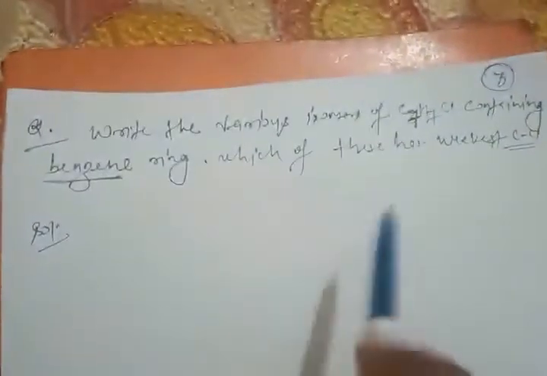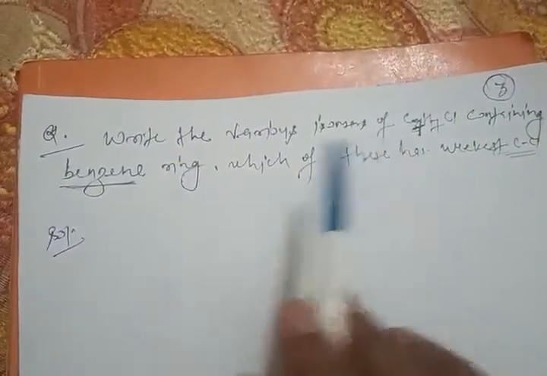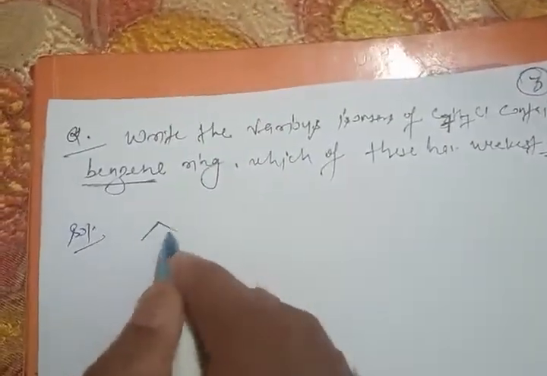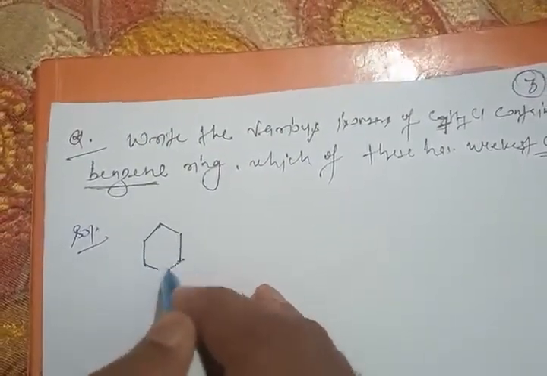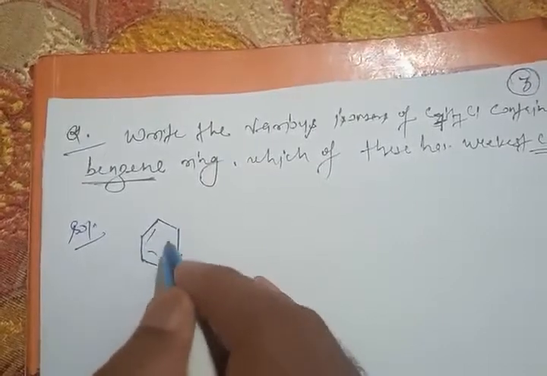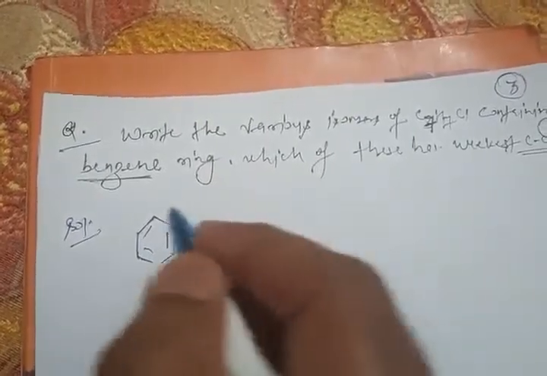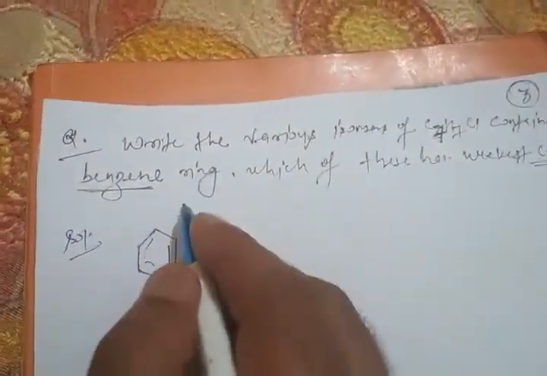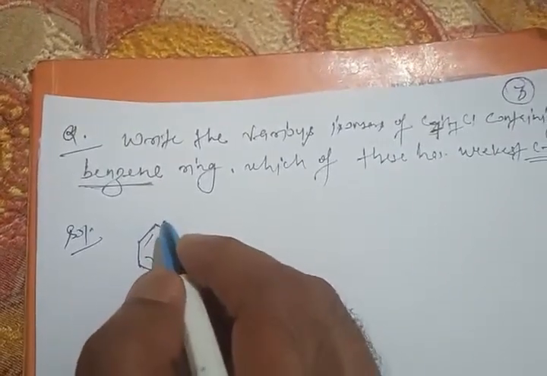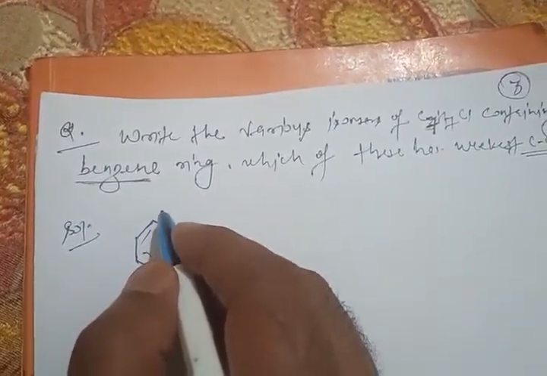Thank you so much. So this was the question which I have asked in lecture number 11. Let's start the solution. As you can see that C7H7Cl and one benzene ring is there, so there is no need to go for any other thing. We have one benzene ring, so this benzene ring always contains C6H6, and this is C7H7. So what we required here